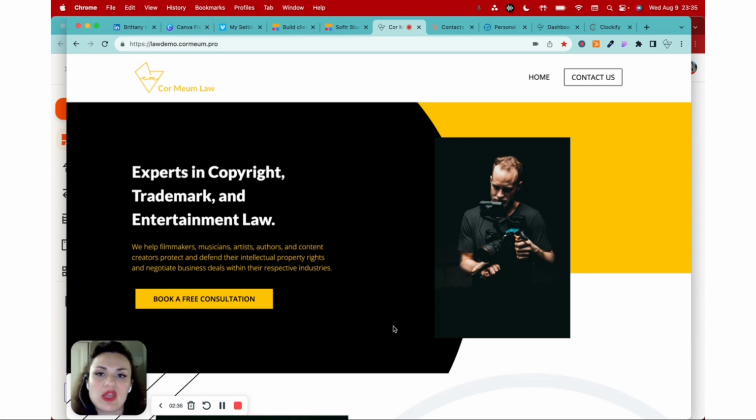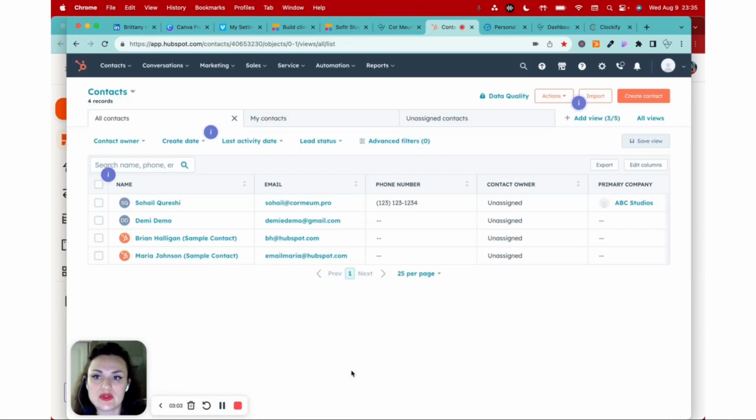What we also want is to make sure that when the person comes to our website, and we have our domain and we have our Softr site, that we want the person to take an action that will give us their information so that we can contact them in different ways in the future. So we'd want that information to feed into what's called a single source of truth, or a customer relationship management software. So in my case, I love to use a tool called HubSpot for this